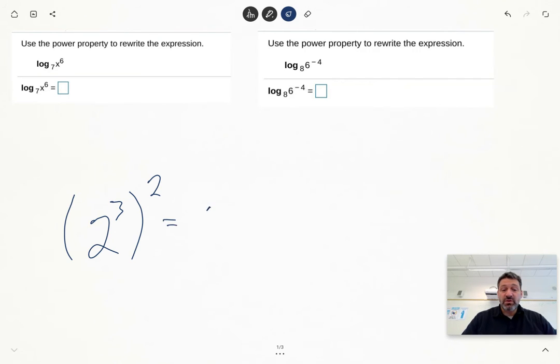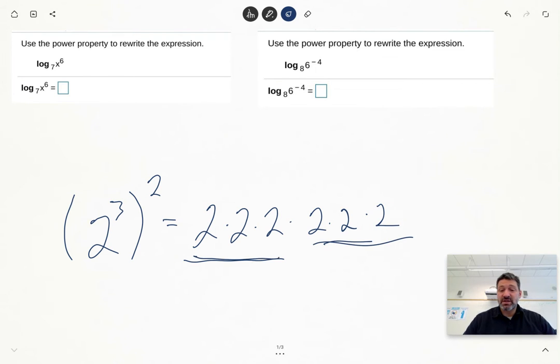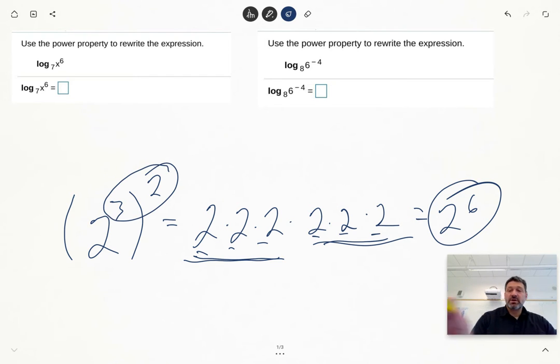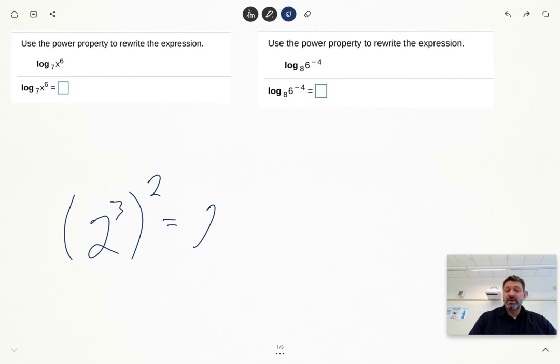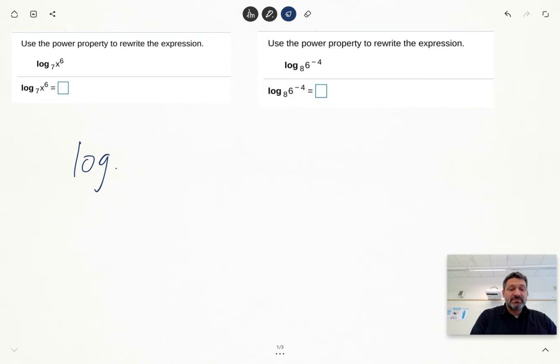So 2 to the third looks like that. And then if we do that to the second power, it would look like that. So 2 to the third to the second power is actually 2 to the sixth power, or just multiplying our exponents here. Okay, so important to remember as we move forward with logarithms. So log base 7 of x